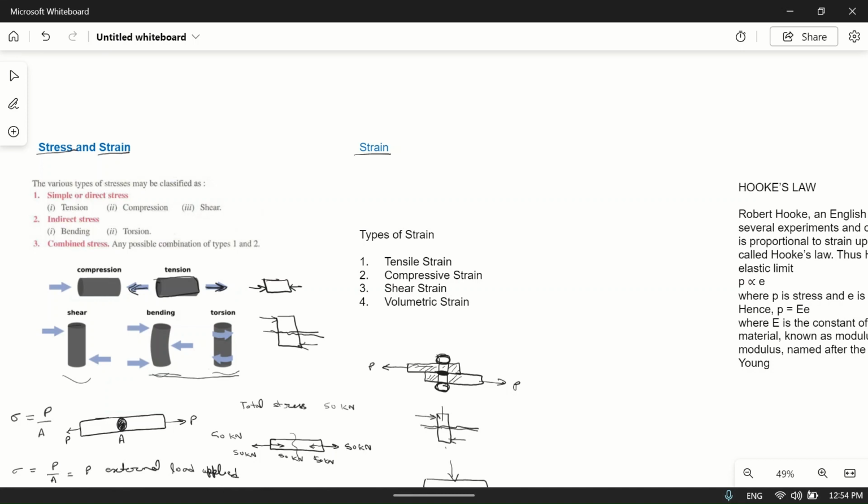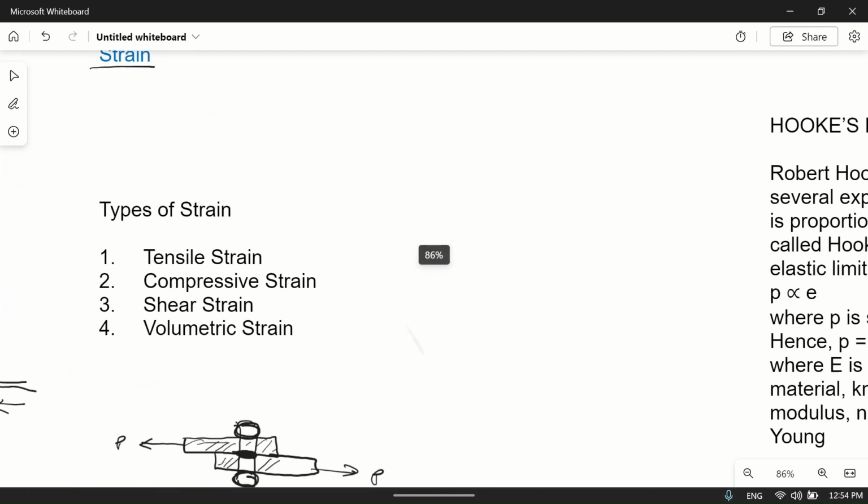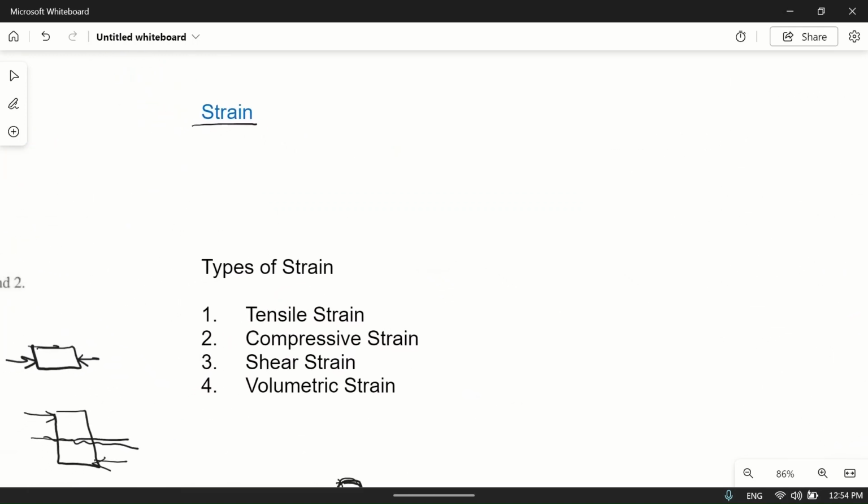What is strain? When we are applying a force on a material, suppose this is a beam, and we are trying to apply force P here and force P here, the material is developing stress to resist this force. So what happens is,